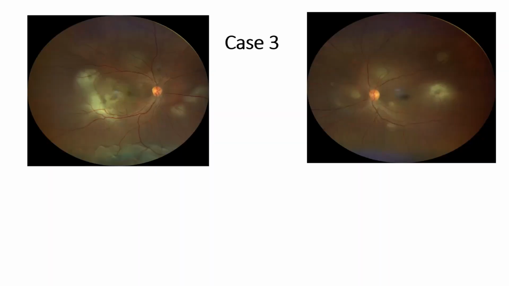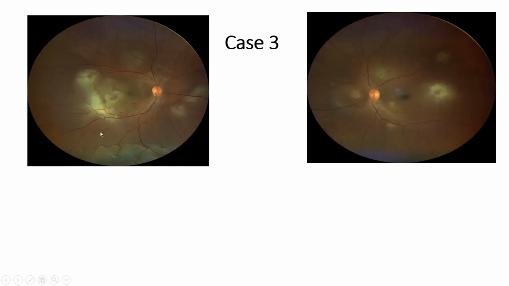This patient was treated elsewhere as a case of ocular TB with oral steroids. And then she came to us saying that her vision has not improved. Because she had scars, everybody had suspected it was ocular TB. But we see that inferiorly in the right eye, she had exudative retinal detachment.